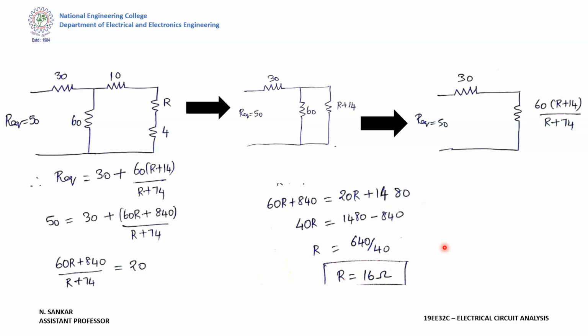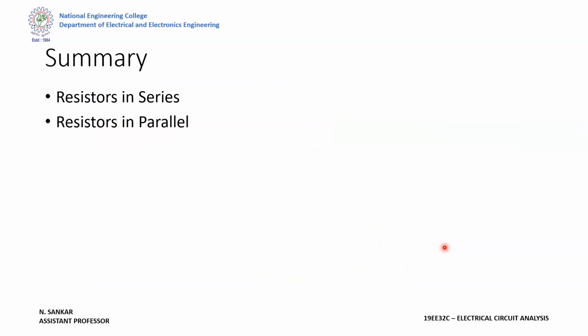If you know the value of R equivalent, you can find the value of current if voltage is known. If you have the current value and R equivalent, you can find the value of unknown voltage. Similarly, you can find the voltage drop across each resistor, if you know the current across each resistor, using Ohm's law. These are the things we have covered in today's lecture. In the previous video we covered the concept of resistors in series and resistors in parallel, and in this video we saw numerical problems with circuits having a mixture of both series and parallel resistors.